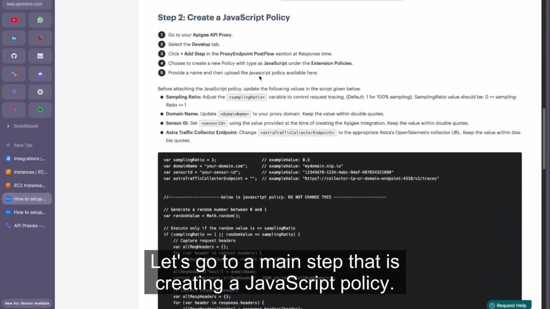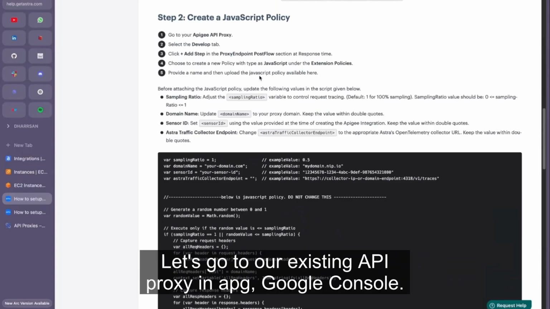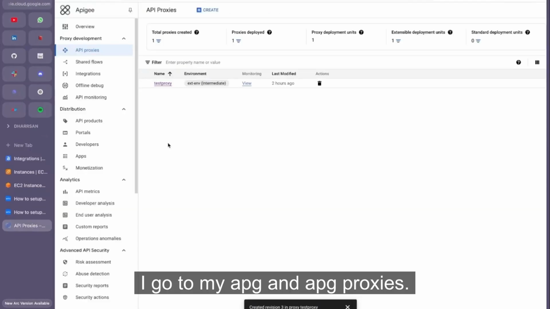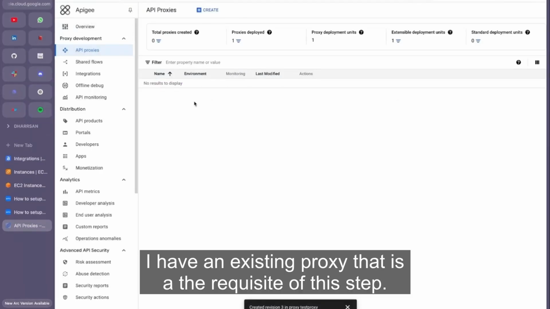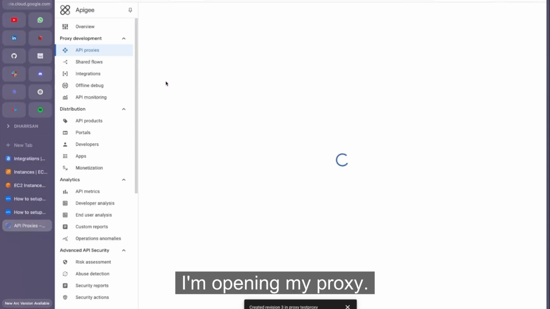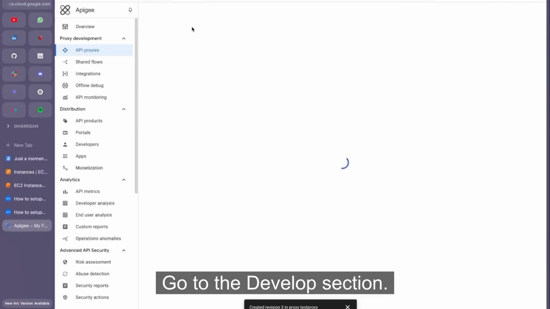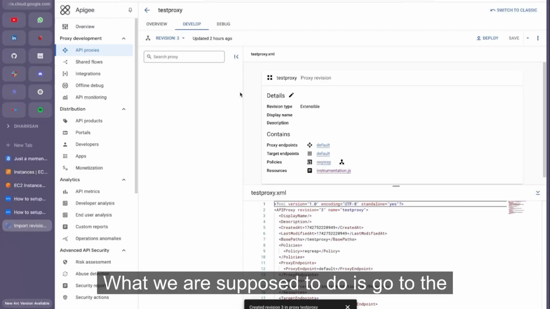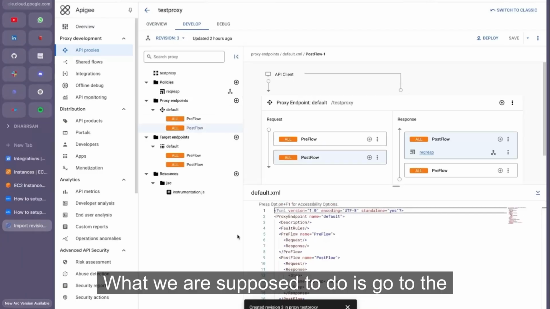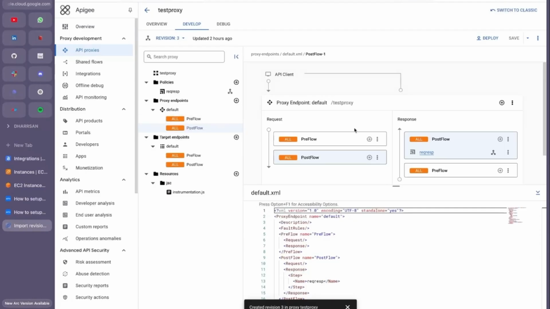So let's go to our main step, that is creating a JavaScript policy. So let's go to our existing API proxy in Apigee Google Console. So I go to my Apigee and Apigee proxies. I have an existing proxy that is a prerequisite of this step. So I'm opening my proxy. Okay. Go to the develop section, and then so what we are supposed to do is go to the post flows option of the proxy endpoint,